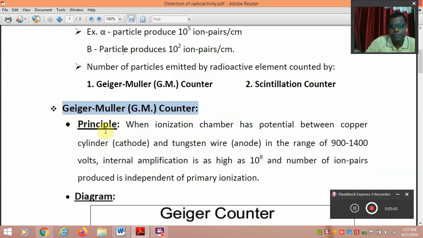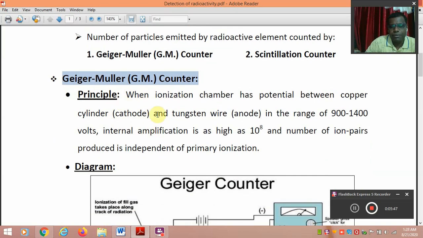Actually, this GM counter works on the principle of a general phenomenon which is observed here. When ionization chamber, what is ionization chamber, how the potential is applied to this ionization chamber, all that we will discuss in the working and the construction. But in the principle, it is observed that when the ionization chamber has potential between